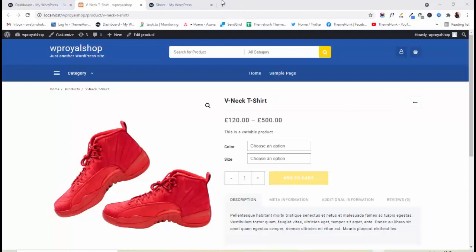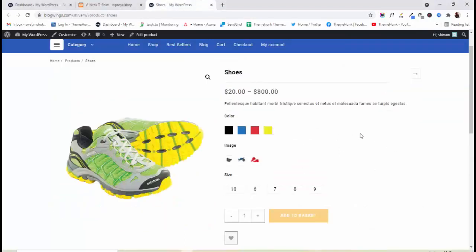If you want to design it like this, you can do it by using our professional plugin TH Variation Switches. You can add beautiful variation switches in your shop page widget area, single product page, archive page, etc. Let's see how you can customize and create variations for your e-commerce website.